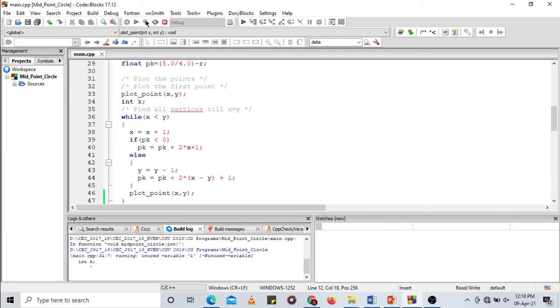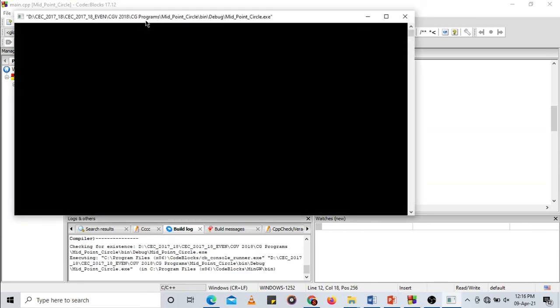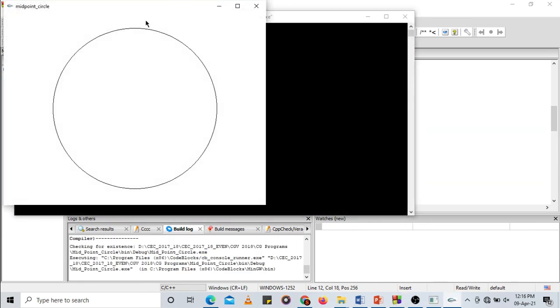So I've built this code, building, and here we have the output, a perfectly drawn circle. So we have just found the points from this octant, from here to here. So just by using the points in this octant, the other 7 octants can be derived, and the consolidated points will form a circle. A very interesting program, a perfect circle, right? So that is how we implement the midpoint circle algorithm in the form of an OpenGL program using C.